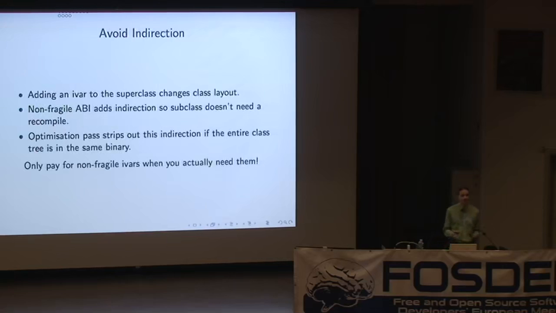So the point of the non-fragile instance variable access is that it allows you to ship a class which inherits from a class in someone else's library, and then they change the layout of the instance variables in their class, and you then don't need to recompile your class. And that's a really useful feature. But what happens if you're just inheriting from other classes in your own framework, or if you're just inheriting from NSObject, which has a well-defined layout with just one instance variable that points to the class and nothing else? And it turns out that's actually a really common case.